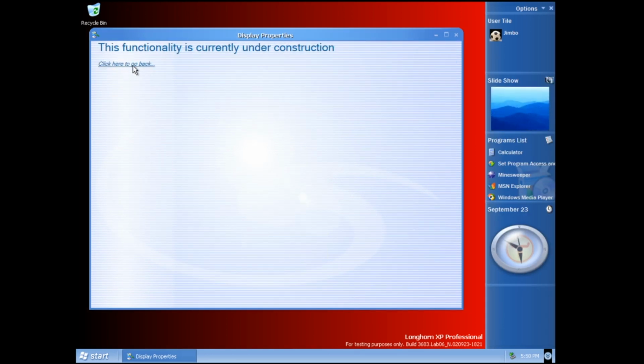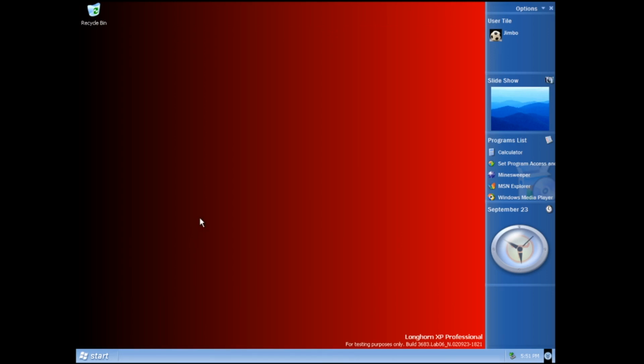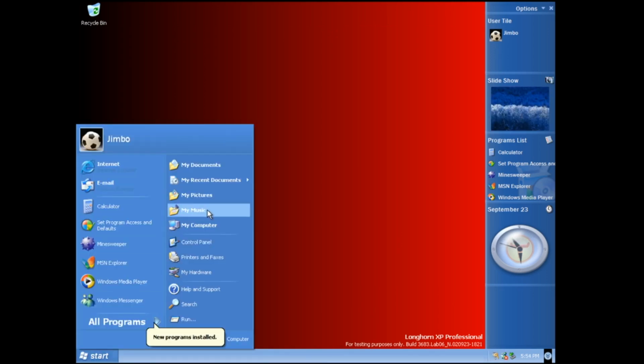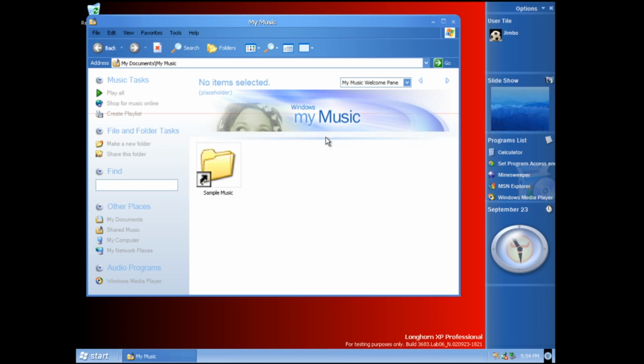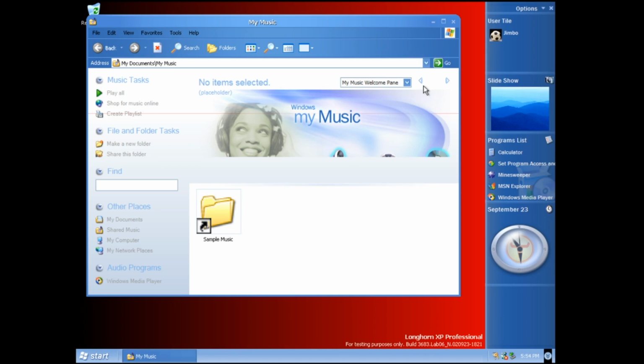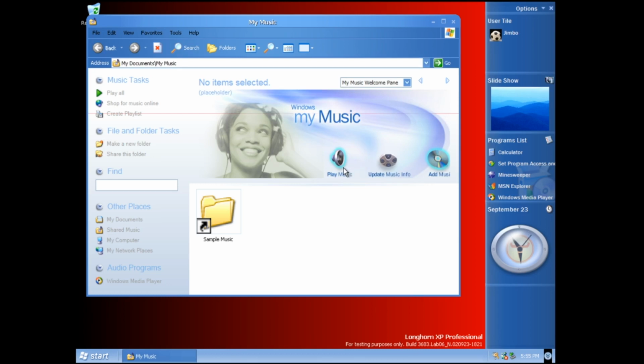Theme and screensaver don't do anything. Scale and resolution, they're both supposed to do things, but they don't. I don't know why. Oh, here's an interesting thing. You got this. It doesn't really work though. So yeah, you can change from, oh, there we go. So we've got this sort of My Music thing here. None of these links do anything yet. I don't think they ever did, but